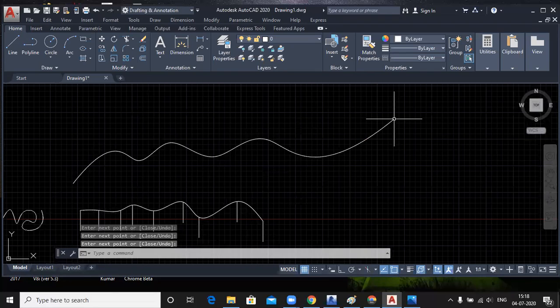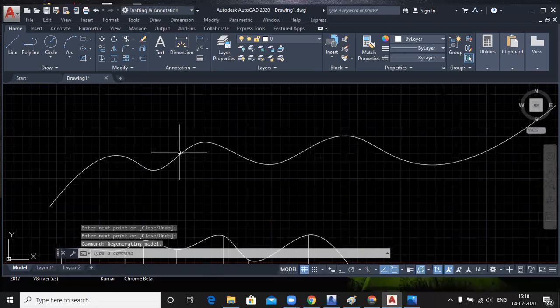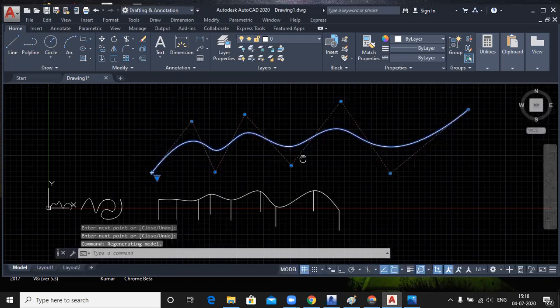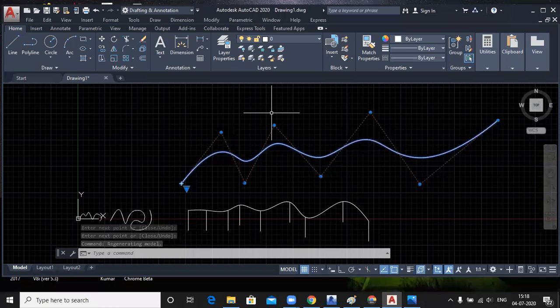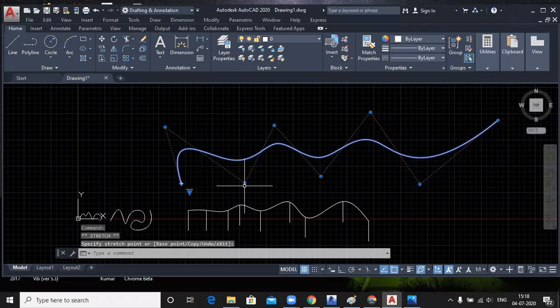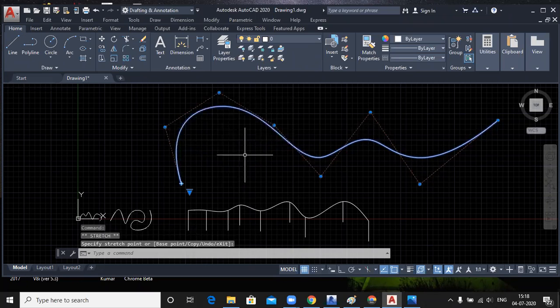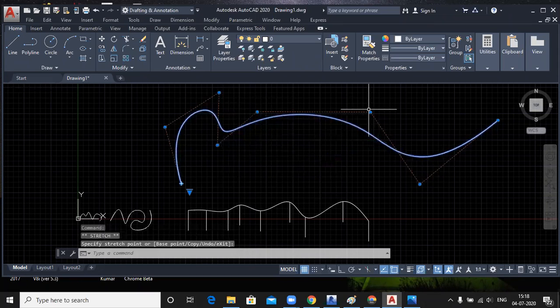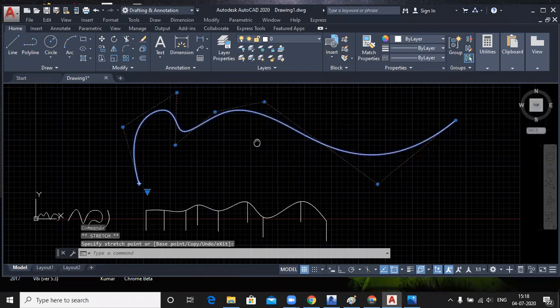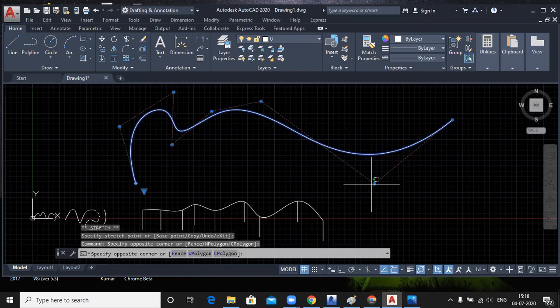You just select the SP line CV. See, we have some extra dots. This dot is called vertices. You can select these vertices and reshape your arc by dragging. So you can control your arc with the help of these vertices. That's why we call it a control vertices SP line.